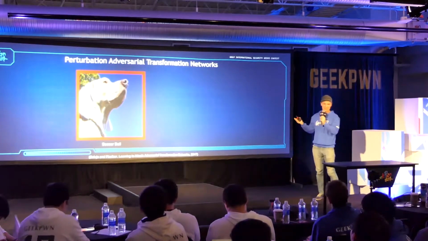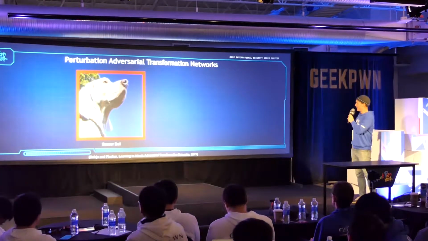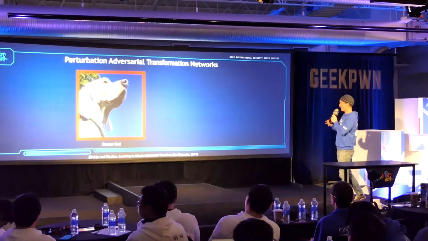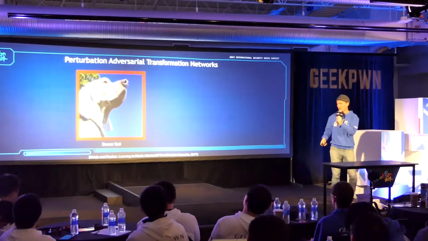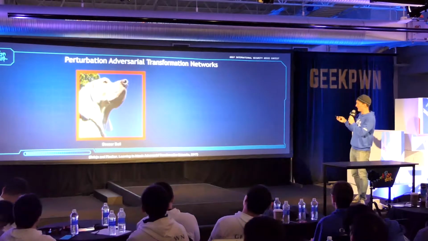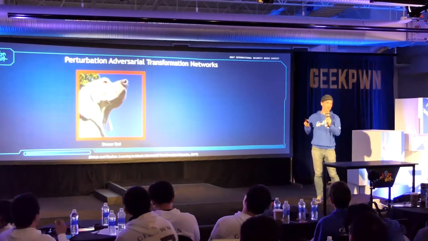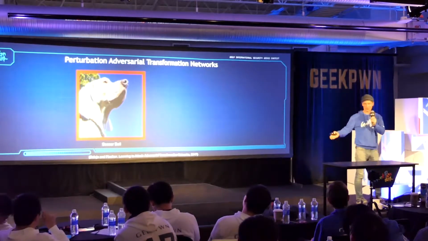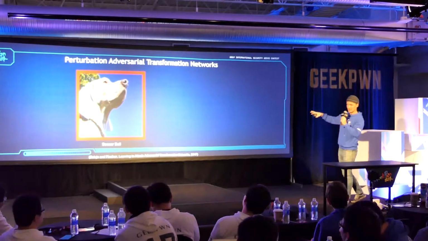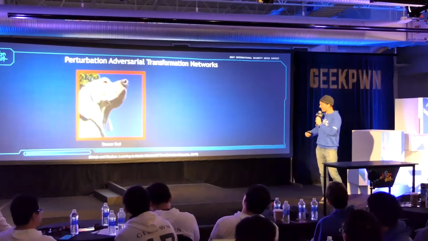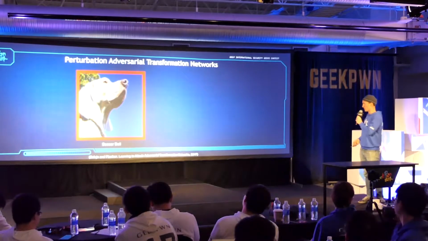and you can see that it's a pretty high resolution photo. I don't know how well you can see, but you can see that the fur is all there, and there's lots of detail in the photo, but there's a little bit of weirdness maybe in the lower left-hand corner. And that's an adversarial example from a PATN that's targeting a specific class, which in this case is soccer ball. So you notice that in the lower left-hand corner, maybe there's the ghost of a soccer ball shape there. And that's sufficient to convince the network very confidently that that's actually a soccer ball